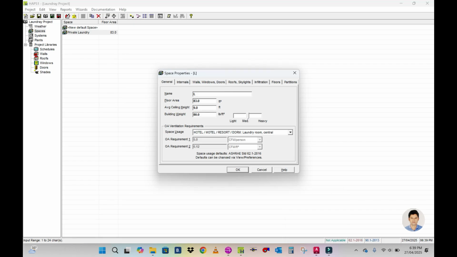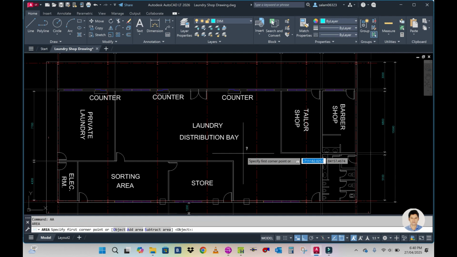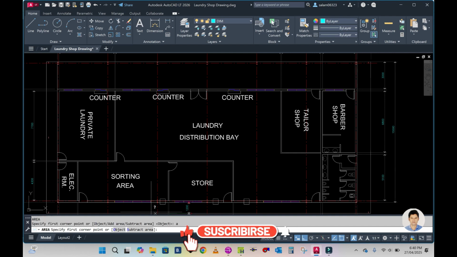Laundry distribution. Okay, so you have to calculate the area. How to calculate the area for this one? I'm going to use one command which is called area. So here is the add area. You can see in the command bar it is asking for add area, so I'm going to type A and